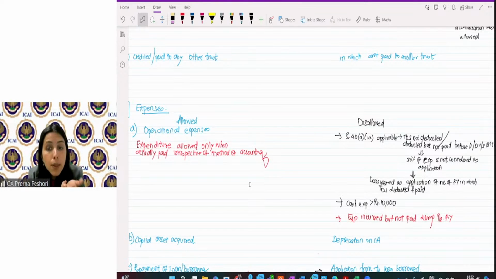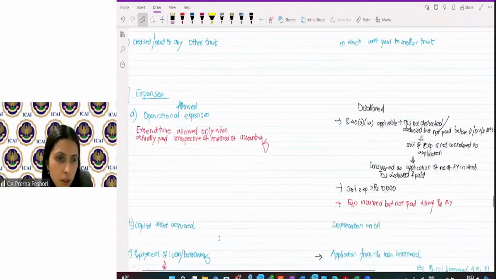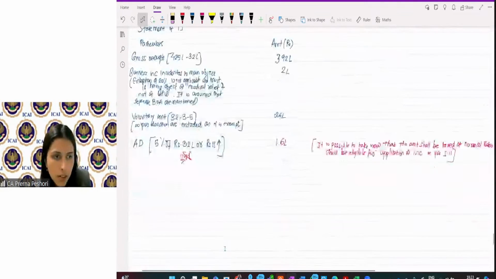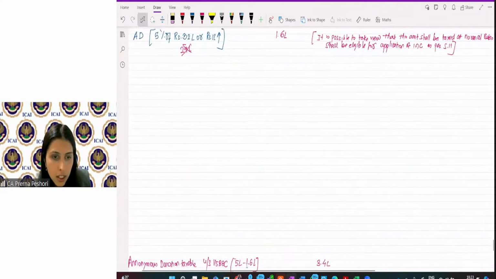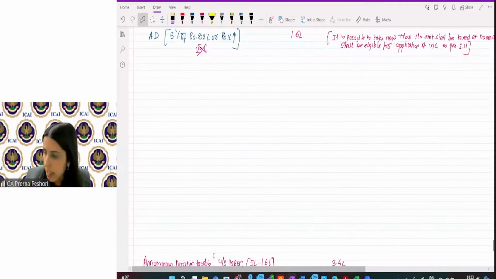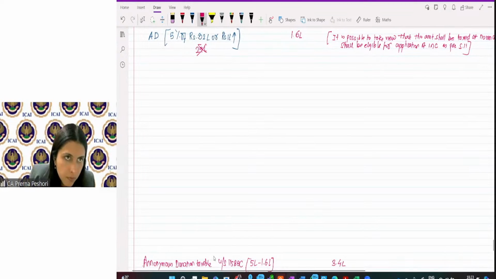Third adjustment could be that, let's say, for example, out of this operational expenses, 2 lakh rupees is incurred but has not been paid during the previous year. So again, that will not be considered as application of income. So I'm giving you the adjustments to be written over here. So you can write down these certain adjustments additionally. Leave some space and then write down